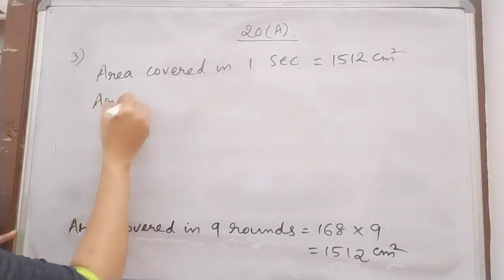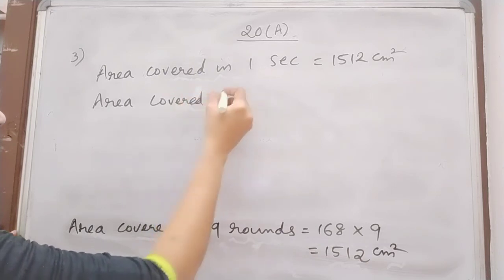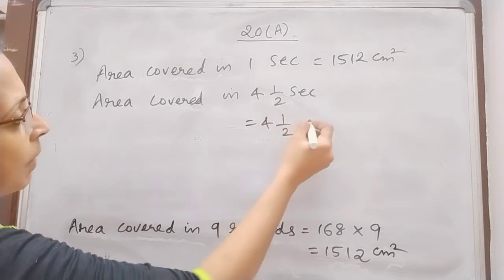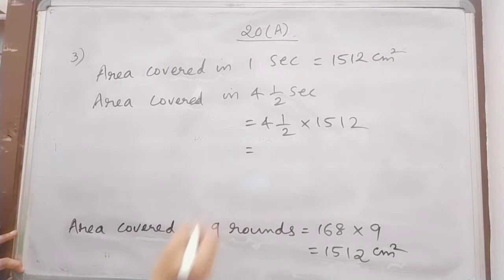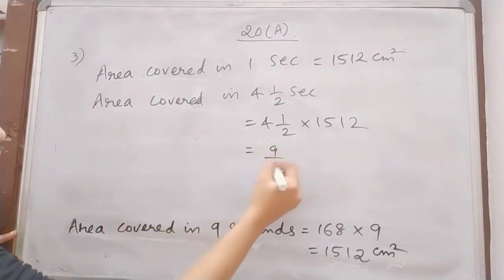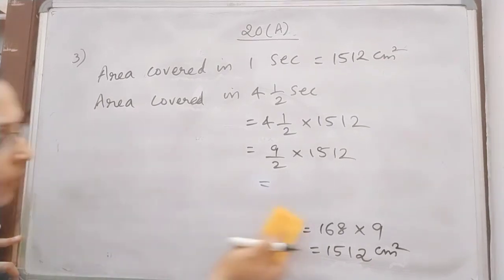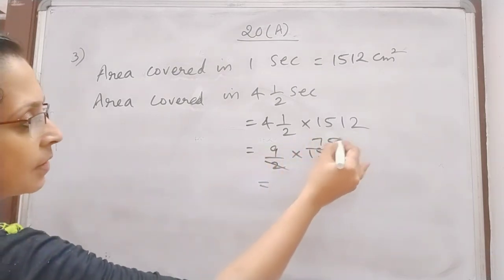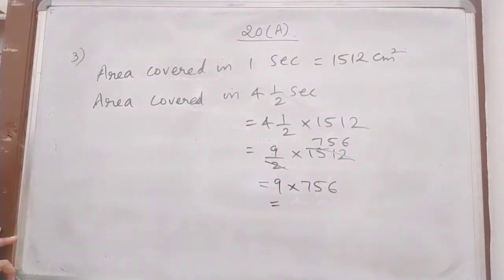So area covered in 4 1/2 seconds is equal to 4 1/2 into 1512, that is 9/2 into 1512. Then 2 and 1512 we can cancel, so you will get 756. So 9 into 756 is equal to 6804